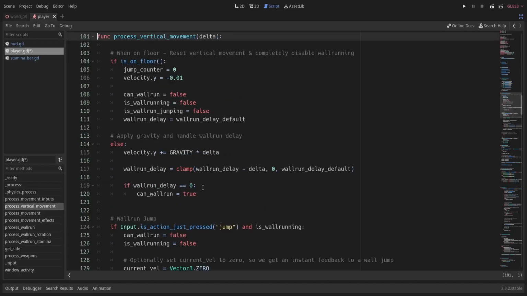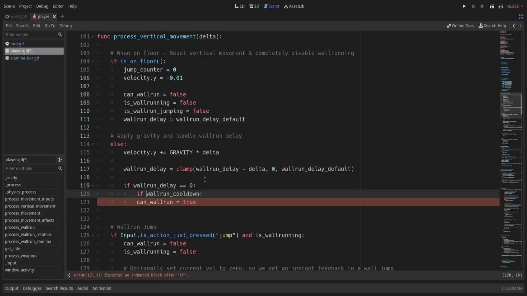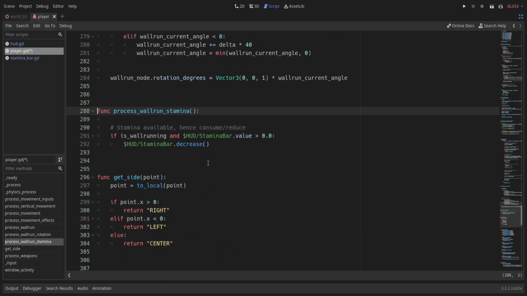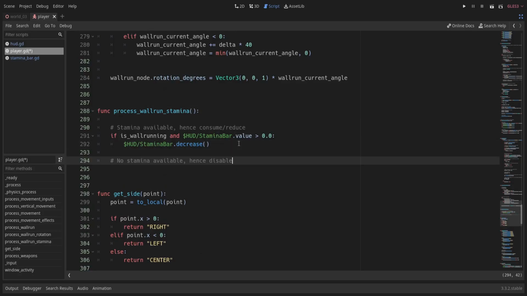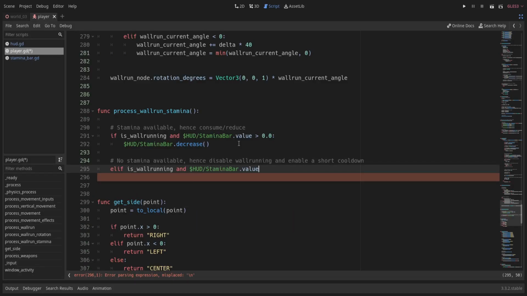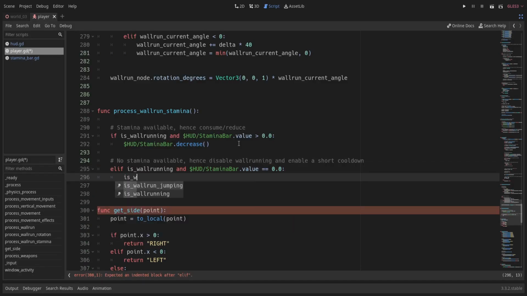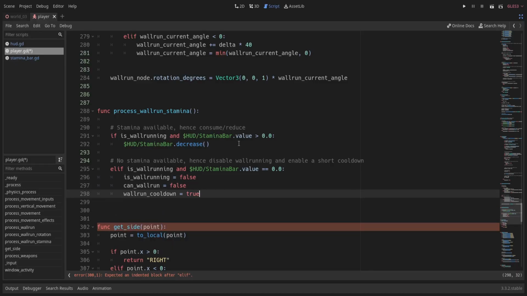And yes, when enabling can wall run, we need to make sure that there is no cooldown at the moment. So from where we left off, we add another condition where if we are wall running and stamina is equal to 0, then in that case we disable wall running and enable the cooldown.